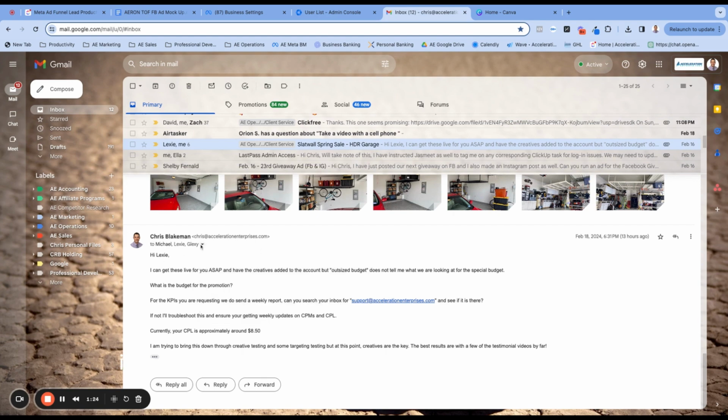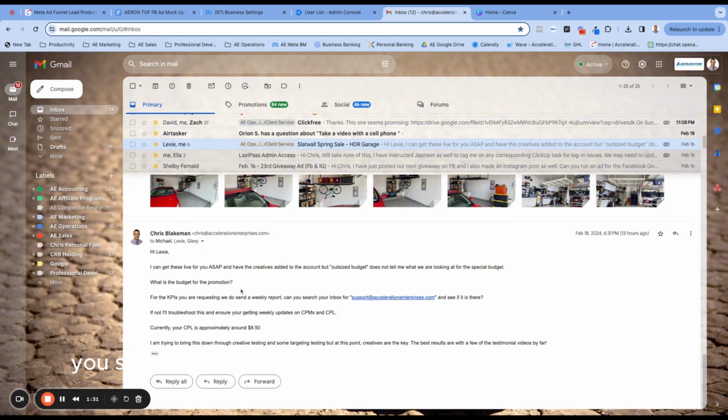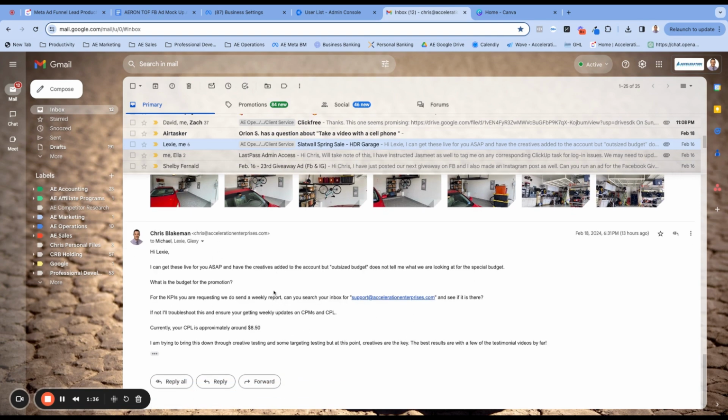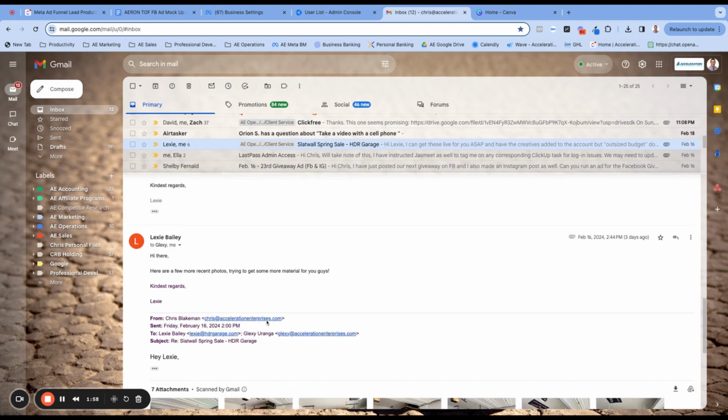If they're messaging me a lot or your team leader, that's not good because you should be the one communicating with them as a CSR. So this is a point here you want to pay close attention to. You'll see how my response was too. She asked for some metrics, so I gave her her cost per lead. I asked her if she's getting her KPI report okay, her key performance indicator. That's another thing as a client success rep: it's your job to ensure that the clients are getting key performance indicators regularly. Okay. So anyway,